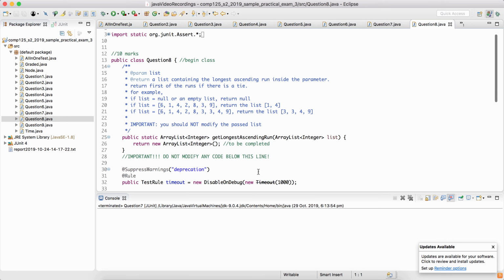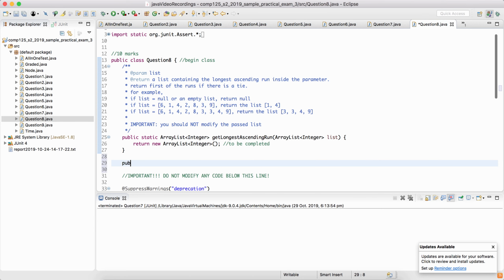Question number 8, get longest ascending run. Now in longest ascending run, it's the longest sublist of consecutive items that is in ascending order. So I like these kind of algorithmic pattern matching questions, and what we need to do is extract an array list. Now what I'm going to do is write a helper method